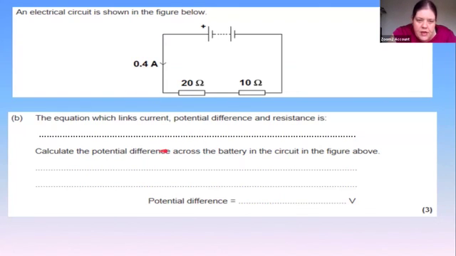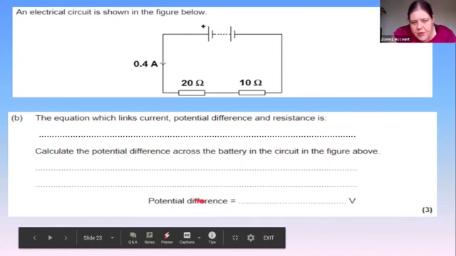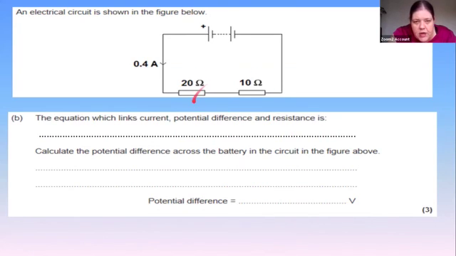And then we've got: calculate the potential difference across the battery in the diagram below. Okay, so you're being asked to calculate potential difference across the battery. Several things on this question. It's a bit trickier. It's 3 marks, which means you'd need to do 3 things. I'm aware of time, so I'm going to go quickly. The first thing is resistance adds up in a series circuit. So you'd have to add the 20 and the 10 together to make 30. So you'd write 30 for resistance.